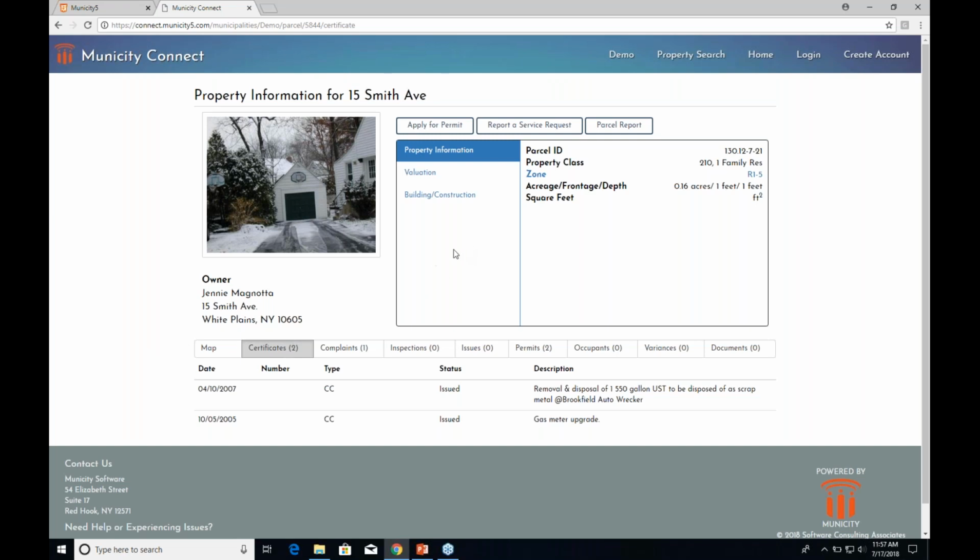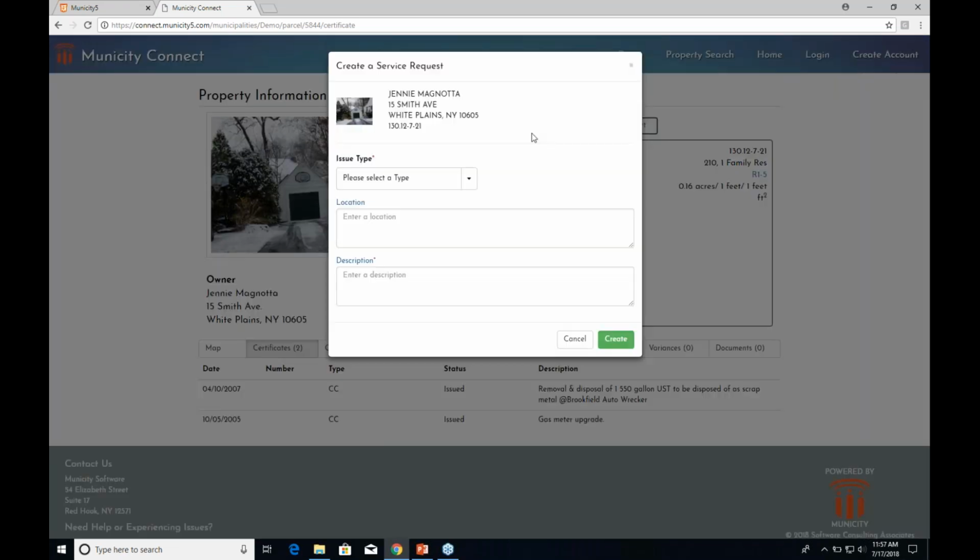This is also where residents can report a service request. Oh, looks like something went wrong with my demo site here. You can choose what type of service request you want to submit. So, for example, if my sidewalk hasn't been plowed, or there's a pothole in front of my house, I can choose my type here, enter a description, create that record here, and that gets routed into Municity,